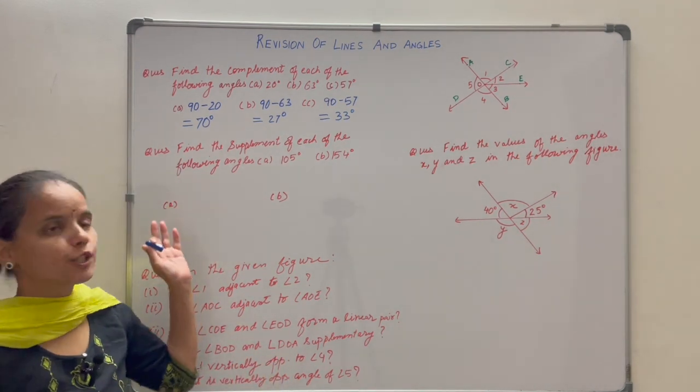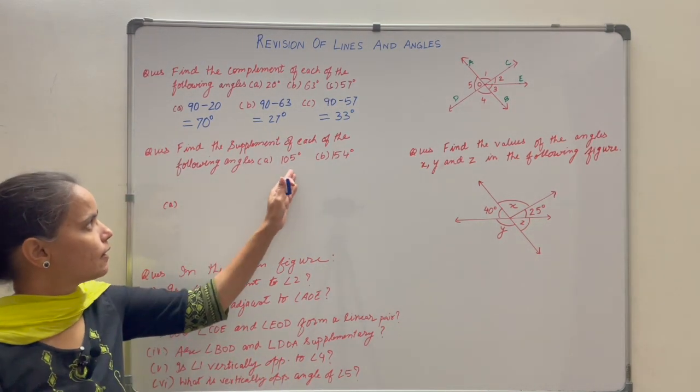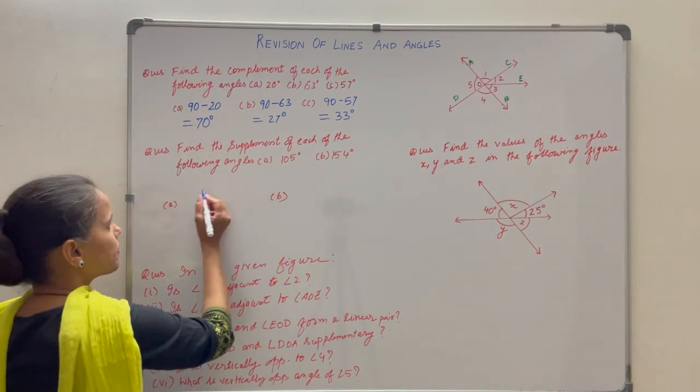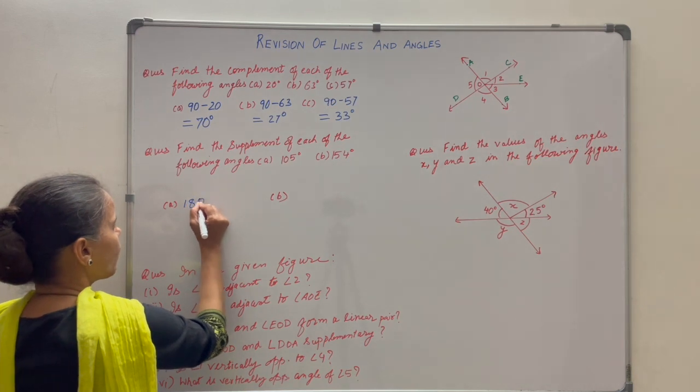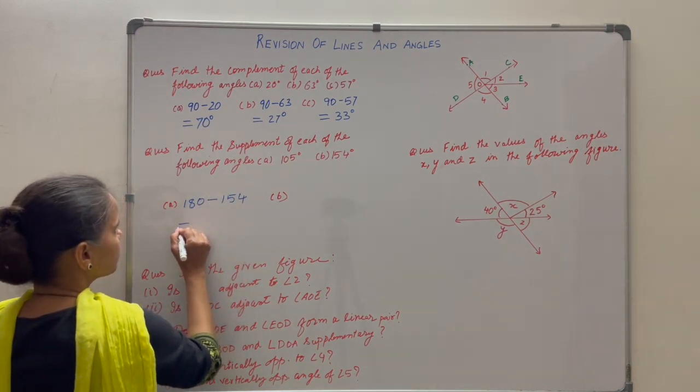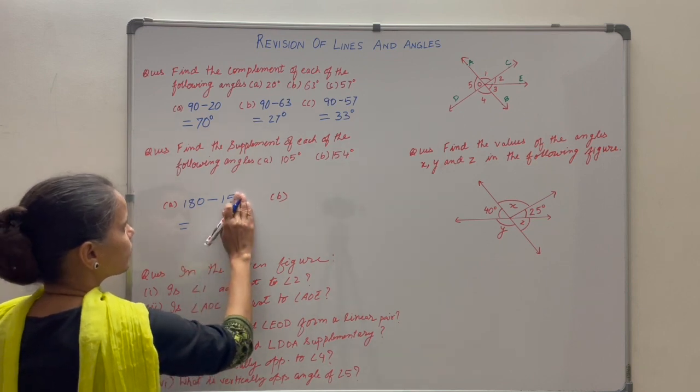Find the supplement of each of the following angles: 105, 154 degrees. To find out the supplement, you need to subtract from 180 degrees. So 180 minus 105 gives you